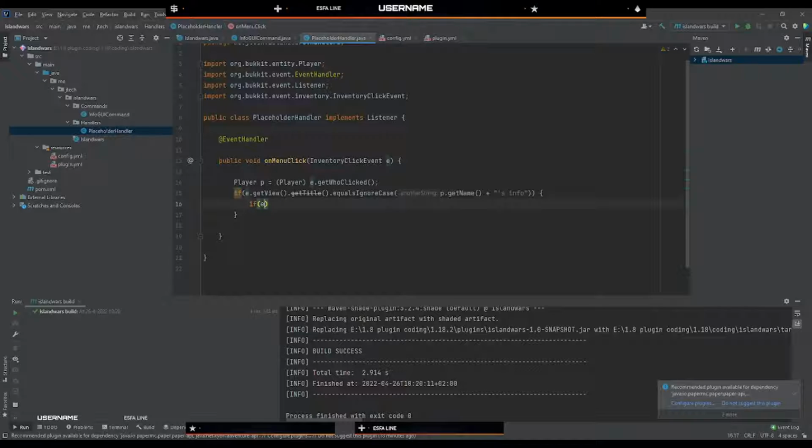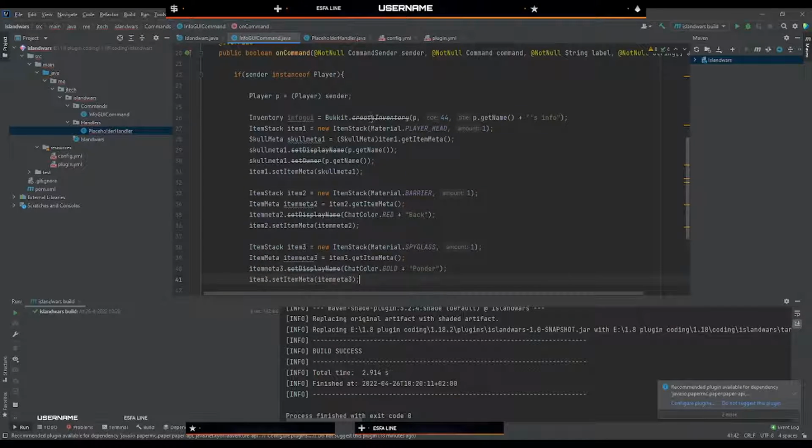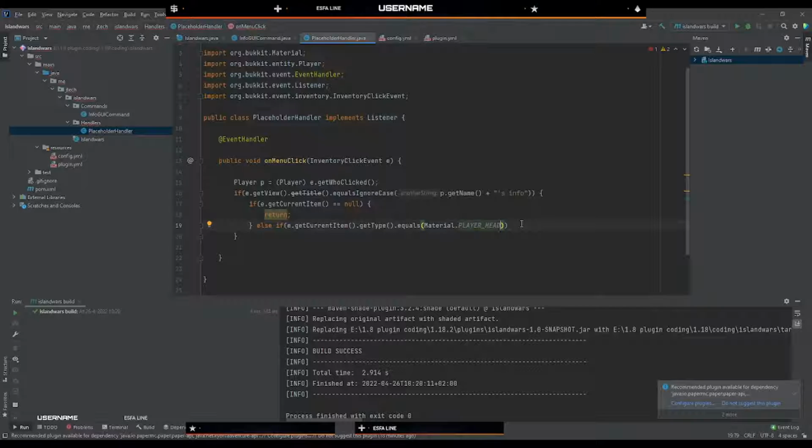If getCurrentItem is equal to null, return. Else if getCurrentItem getType equals Material.PLAYER_HEAD, right? It was a player head. Yeah, it was a player head. If it's a player head,